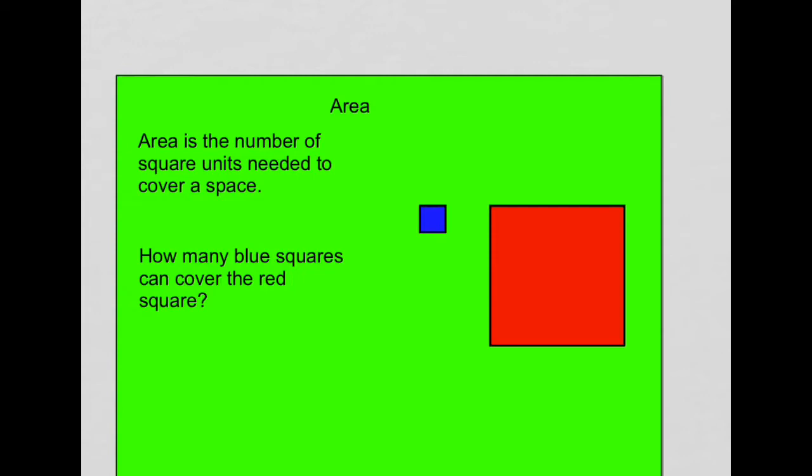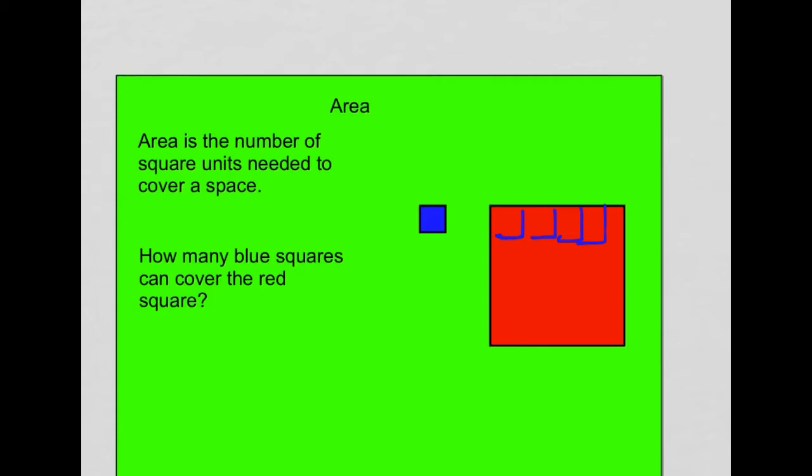The program I'm using doesn't allow me to do this, but if I wanted to figure out how many of these square tiles, these ones right here, would cover that red square, I could just place them in that red square. Now, if I was to estimate this based on the size of this tile, I'm guessing about 25 of these blue tiles would fit in the red one. I'm not being very accurate there. It's not really allowing me to do that. But I'd say about 25 of these would fit in